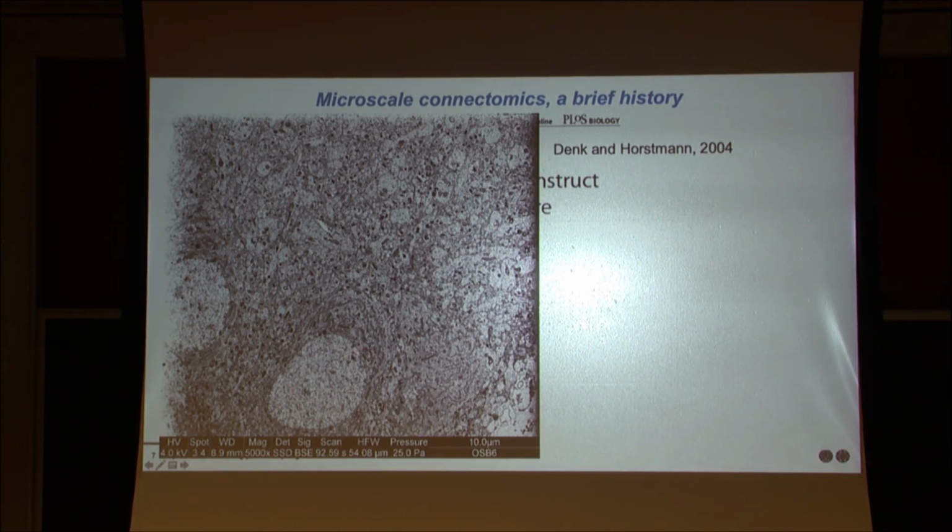And right here you have a nucleus. How many people have looked at electron micrographs of the brain? Okay. Maybe 1, 2. That's a nucleus. It's a big round thing. Here's another nucleus. Here's another nucleus. You might be able to see a little line there. That's a dendrite. As soon as I animate it,